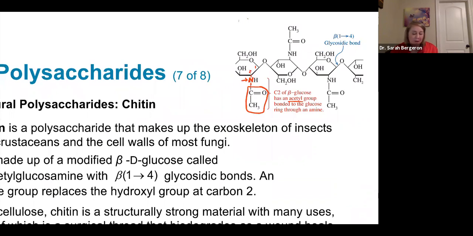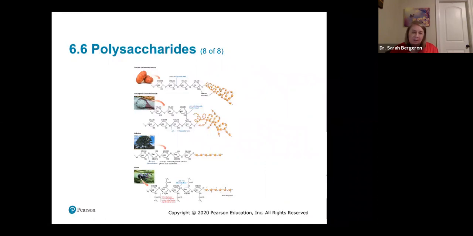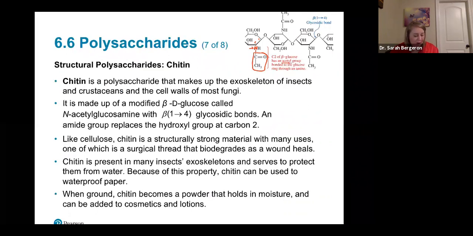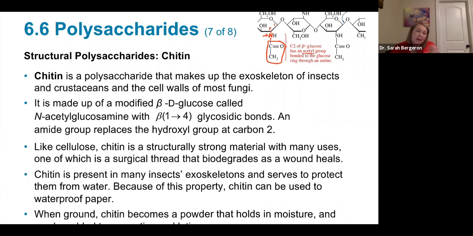And I'm gonna show you, you have these pictures, you have this picture here. I just kind of copied and pasted, but you still have that picture. So if you want to go in and add it on there, you can. All right. Okay, so our N-acetyl, we call it an N-acetyl glucosamine. So N for the nitrogen, acetyl, and it's on a glucose, and it's an amine. Okay, so N-acetyl glucosamine is our